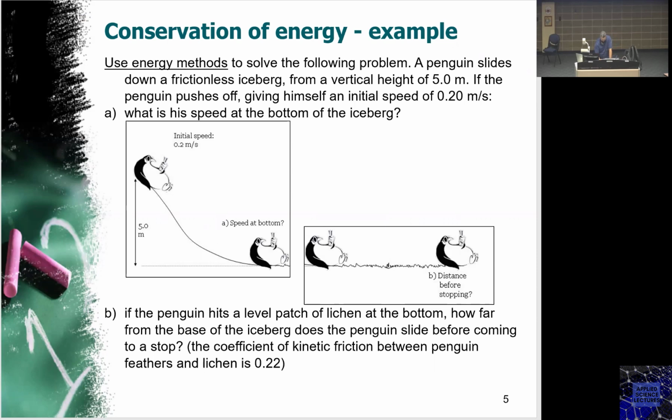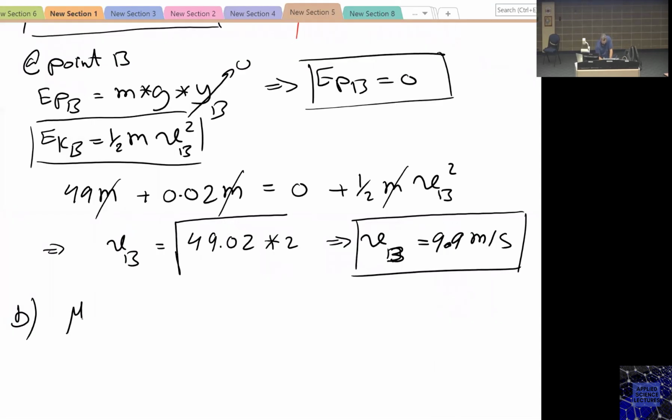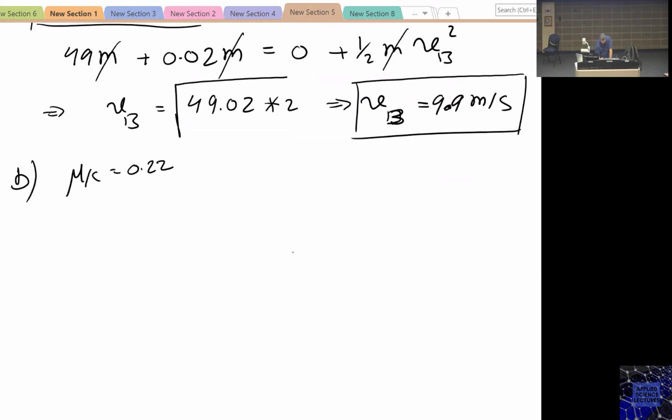So we need to calculate that distance, how far from the base of the iceberg does the penguin slide before coming to a stop. So what we have here is a mu k of 0.22. So basically here, if I am to draw the free body diagram, I have the penguin, gravitational force, normal force, I have the kinetic frictional force,